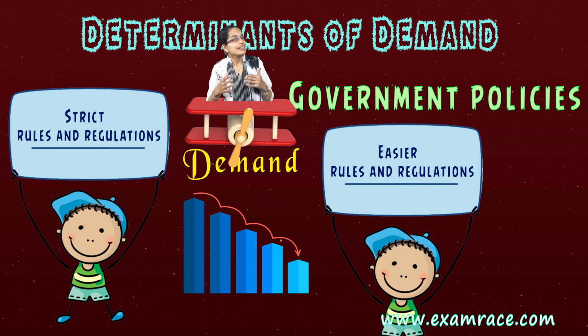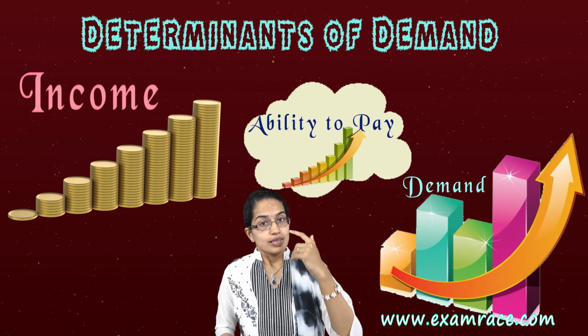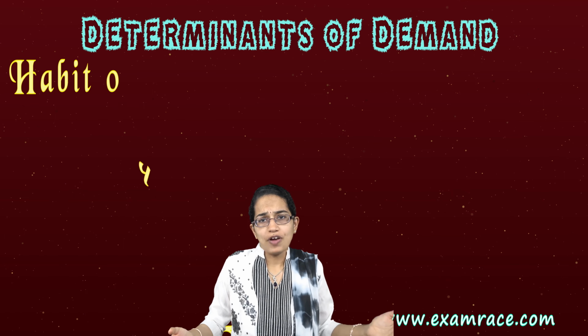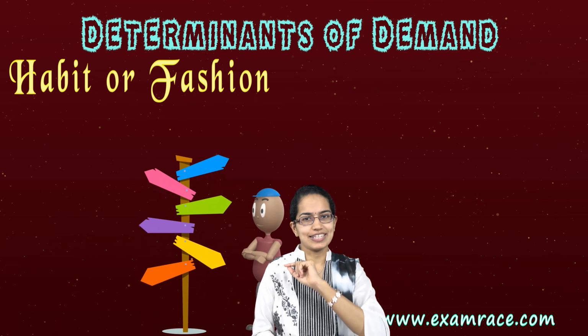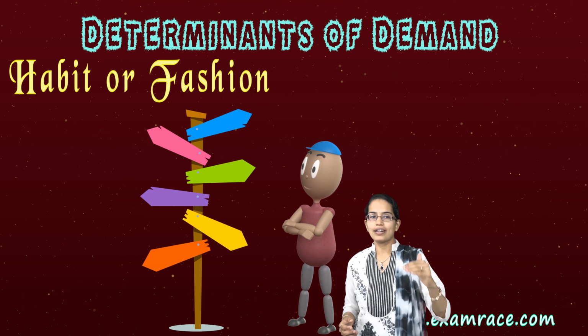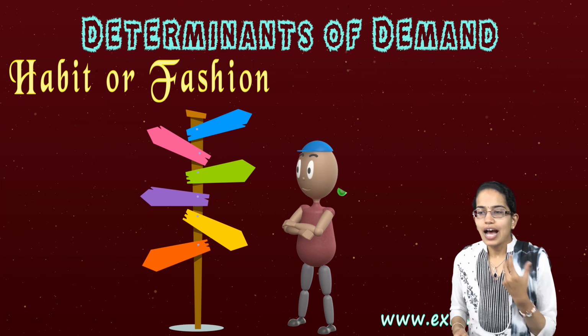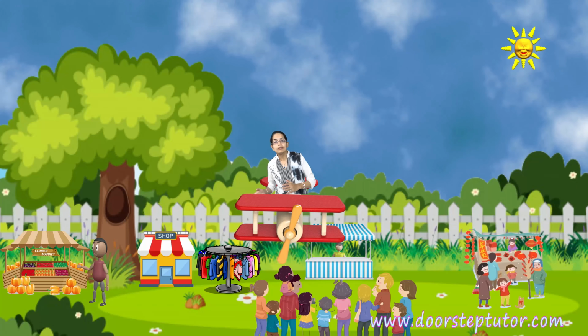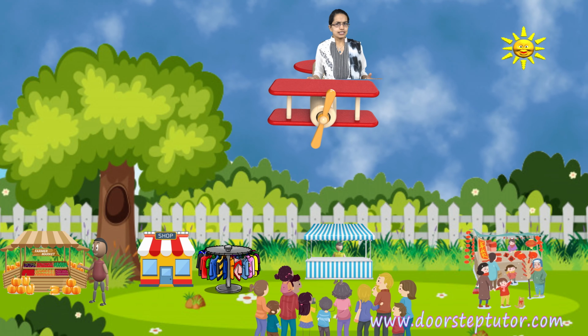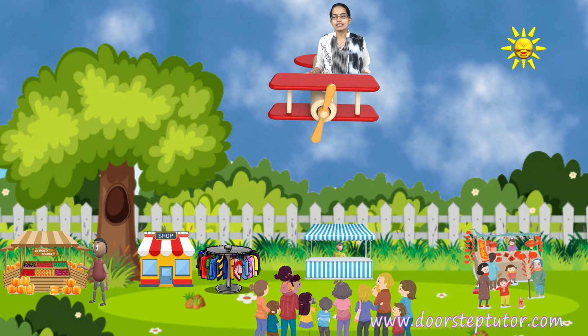Income is another important criterion. With more income, definitely the ability to pay, as we discussed, increases. So you have more demand. The next important criterion is habit or fashion. That's talking about your willingness, where you are trying to decide whether to buy a specific good or not. For example, in China, a lot of French goods are highly popular in the Chinese market. So it could be considered a fashion product in that market.